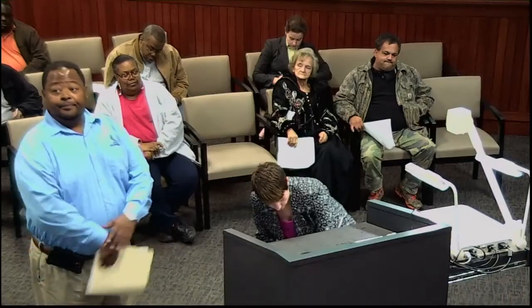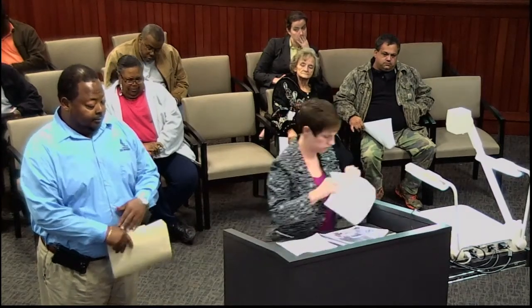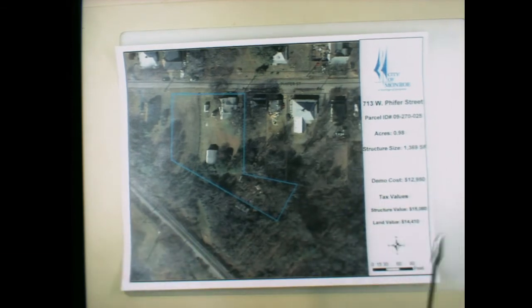All right, 18, ordinance declaring property at 713 West Pfeiffer Street. This is another petition for an ordinance to declare 713 West Pfeiffer Street unfit for human habitation and demolition. To orient you to the site, the subject property is highlighted in blue, located along Pfeiffer Street and within the Benton Heights neighborhood. The site is approximately 0.98 acres, and there is an existing